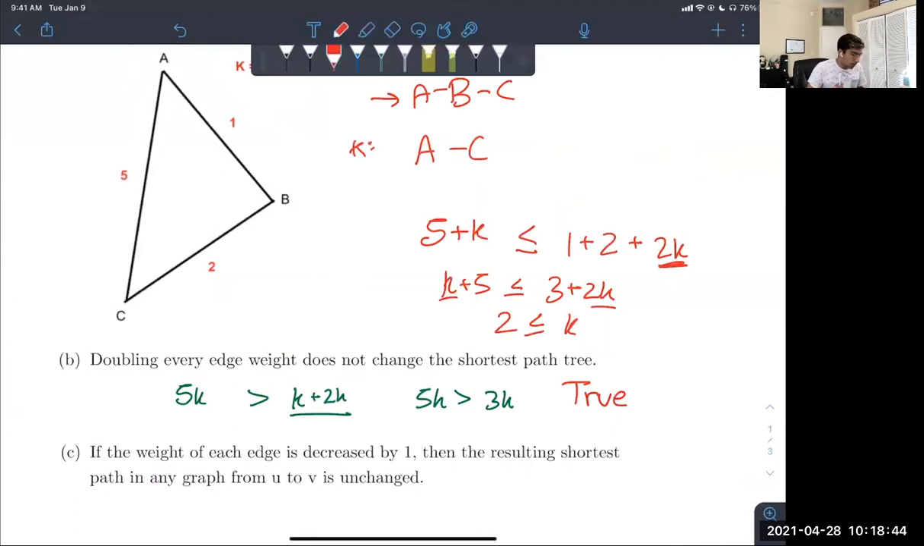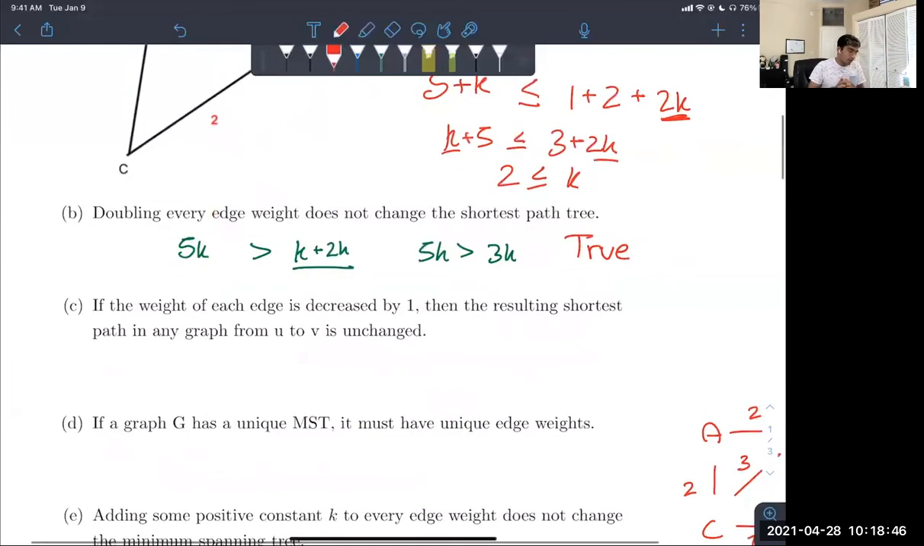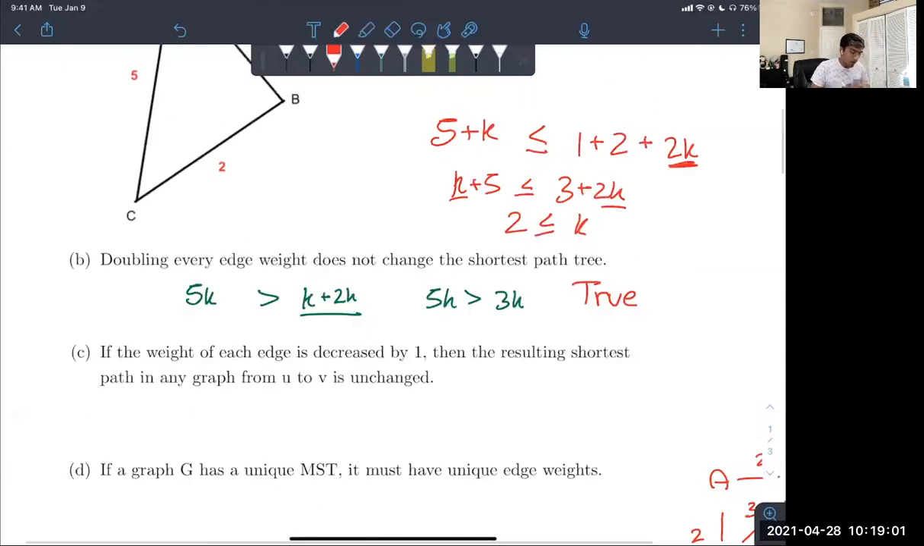Cool. All right, let's move on to the next question. If the weight of each edge is decreased by 1, then the resulting shortest path in any graph from U to V is unchanged. So this one is also a little bit tricky because now we've identified if we add 1 or add 2, I guess in part A, it did change. And the resulting shortest path in any graph, in this case, they're saying would be unchanged if we were to decrease it by 1. Now, at first glance, I would consider it true, but